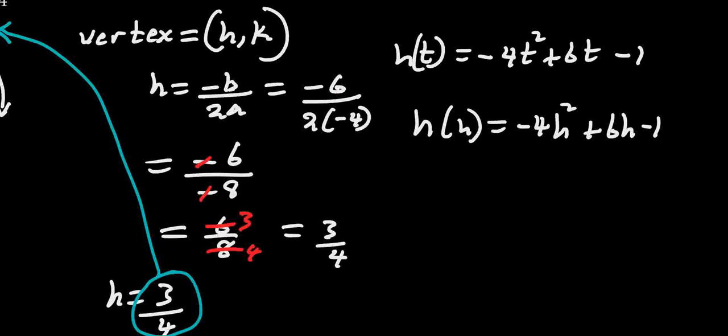So since the value of h is 3 over 4, then we're going to have h of 3 over 4